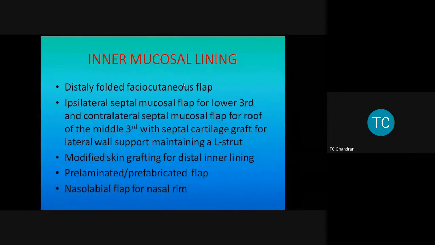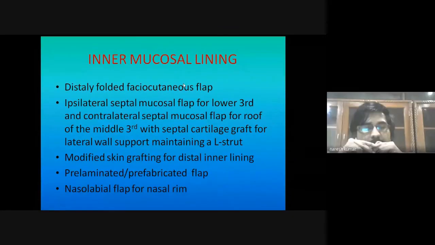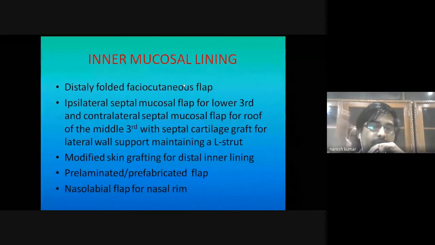Now, you talked about a pre-laminated flap. Yes sir. So for the pre-laminated flap, I will raise the distal portion of the flap, and I will harvest the cartilage and place it in between the muscle and the skin in the subcutaneous layer, and if needed I will put a skin graft also below the muscle layer.